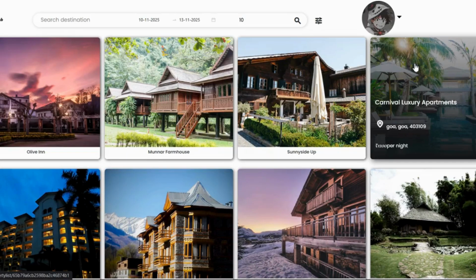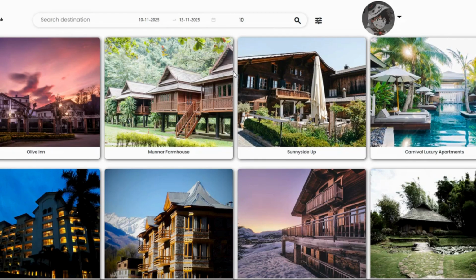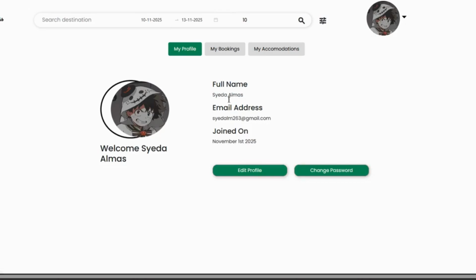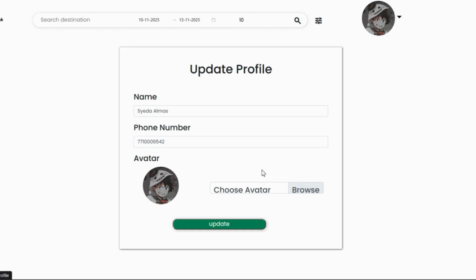I will be demonstrating our project. First, this is the login page. A user can log in if they already have an account or sign up as a new user. Once logged in, authentication is handled securely using JWT tokens, so only authorized users can access their dashboards. You can edit your profile, update your name,